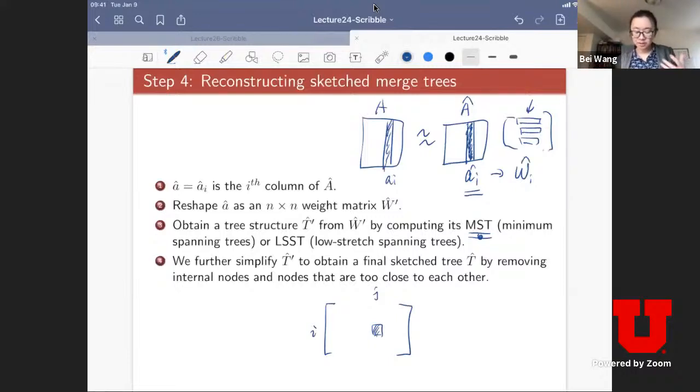So if you compute the minimum spanning tree, you're going to get a tree structure that would look like this. Okay, and because those nodes, which I just put into the circle, are very close to each other, that is essentially an artifact of having duplicated some nodes in the original process. So I need to simplify it to get back to a tree of a similar size as the original input tree. Okay,